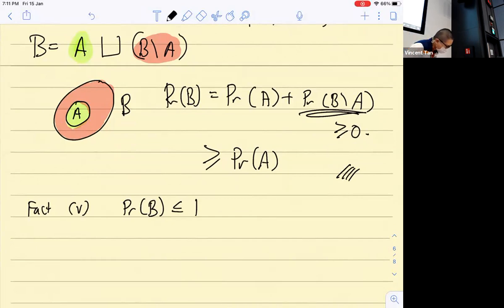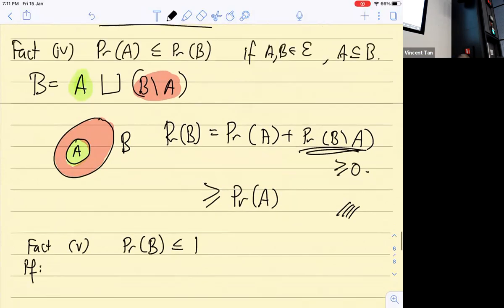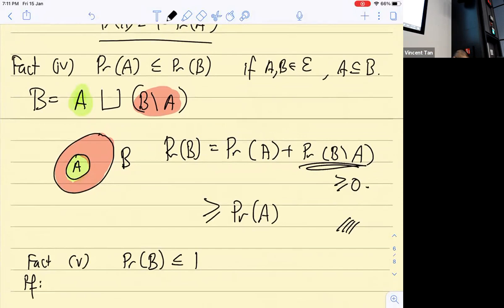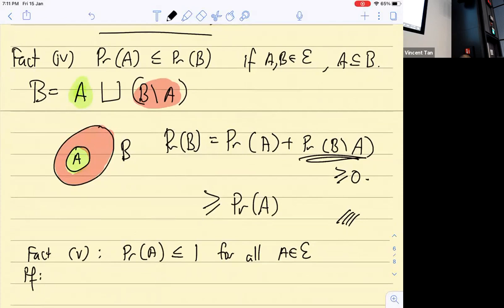Right. So probability of B is less than or equal to 1. Oh, this is not so difficult. In the previous, let this be A, to be more consistent, for all A events. Okay, so there's a fact we have to prove. So for the previous, from fact 4,